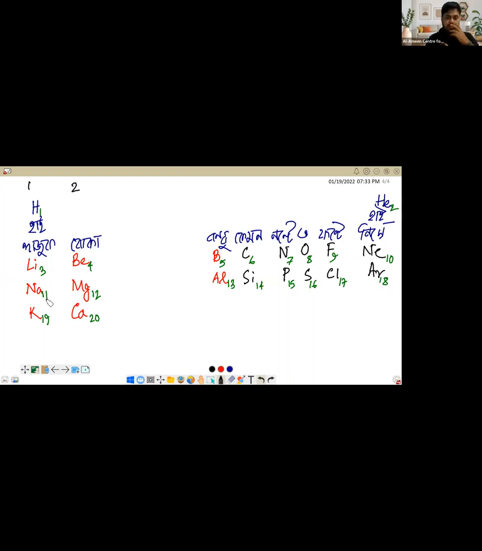Okay. So now, can you see this? The electronic numbers, the number of electrons present: 1, 2, 3, 4, 5, 6, 7, 8, 9, 10. Right? And then you can see 11, 12, 13, 14, 15, 16, 17, 18. And last,